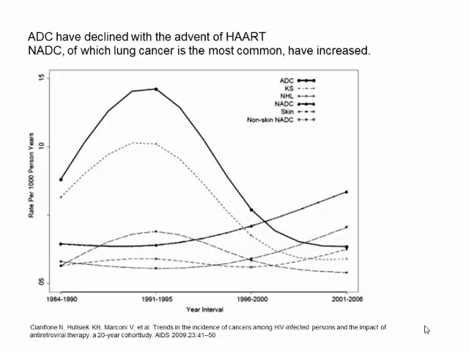So this graph represents the trend of AIDS-defining malignancies. The top graph shows all the AIDS-defining malignancies coming down eventually. You can see here the mid-90s, when antiretroviral therapy started. So the AIDS-defining malignancies have decreased with antiretroviral therapy, and the most common is this graph, which is the Kaposi sarcoma graph,